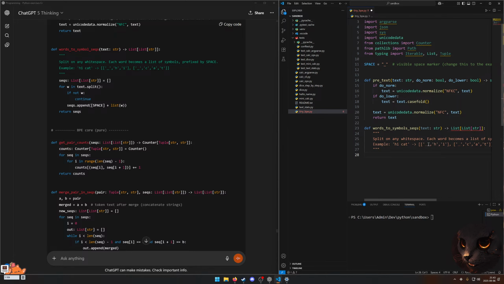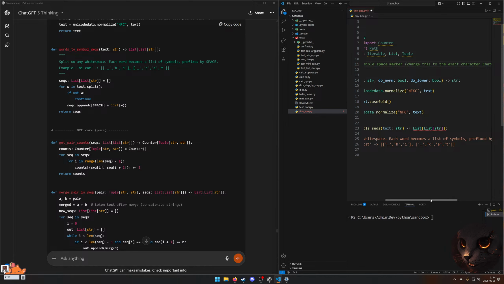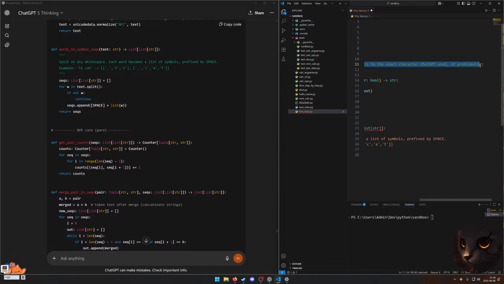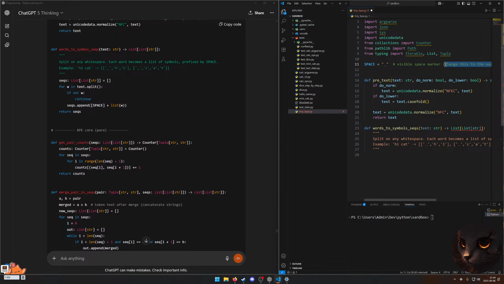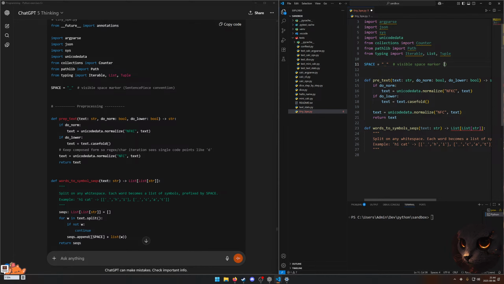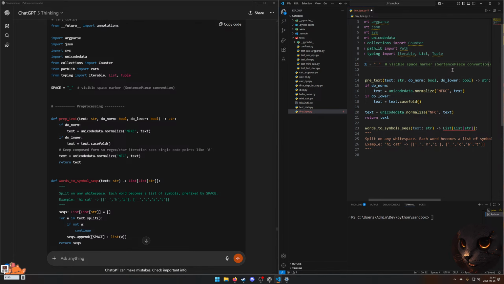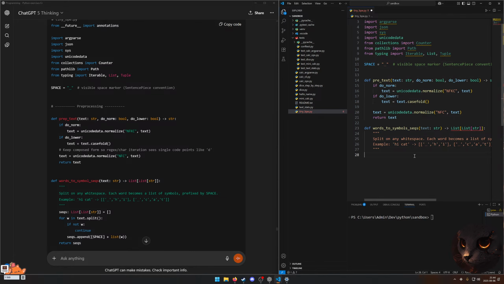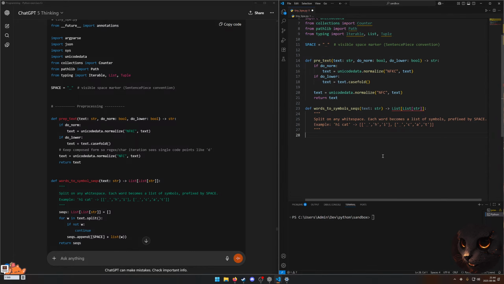I'm still wondering if I should go back and use these instead of an underscore. You know what? Let's do that. I don't like using characters that I can't actually type, but I might be saving myself a headache by doing it like this. Sentence is convention. Close this one. Okay, so